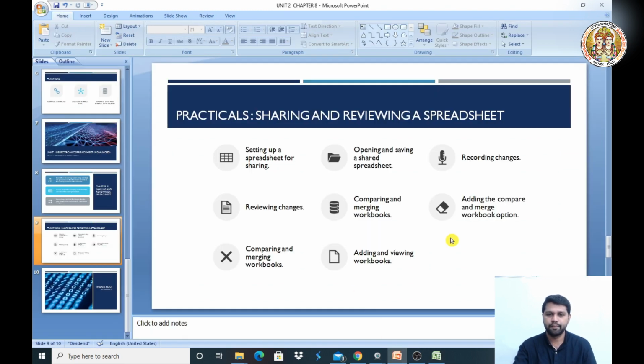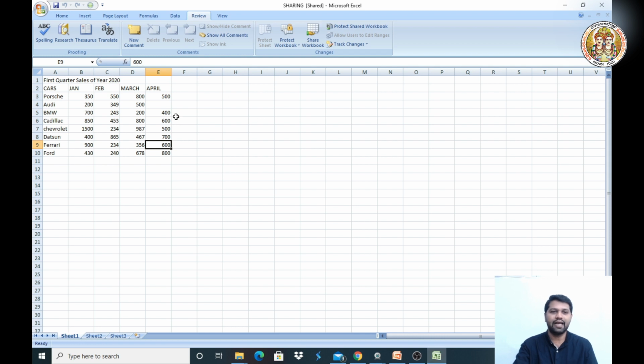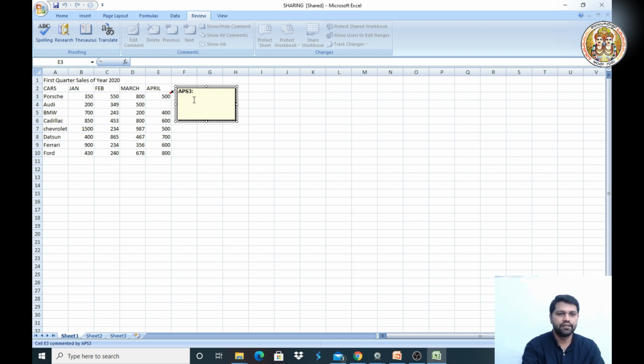Next is, okay, so comparing and merging workbooks is over. Adding and viewing comments. Okay, next is we can add the comments. For example, what kind of value it is, I can add the comment to this. Just click on it and I paste the name of the system it is. So here the value, so this is the